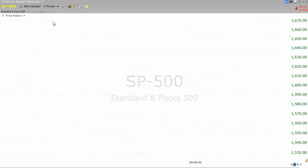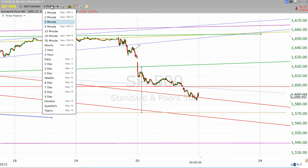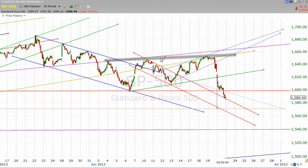So guys, wow, what an ugly day. I apologize. I did not think this line was going to break like that. I really didn't. But now that it has, I think we got to stick with what the pattern states. And the pattern states, and I'm talking about the pattern that is defined by this line up here and this line right here. It's defined by these two green lines. And now that that's broken down, we know to look for a move that is a minimum target from the height of this pattern. You measure the height, put it down to where it broke down, and that's where we're coming up with that